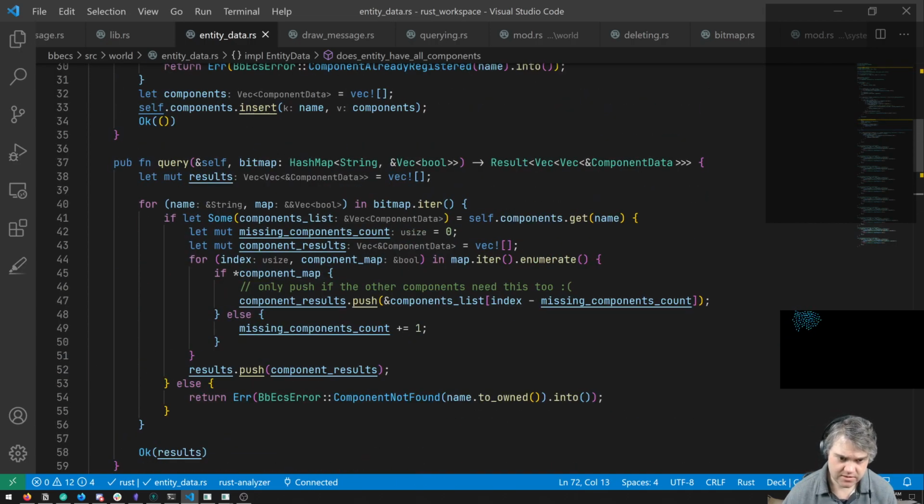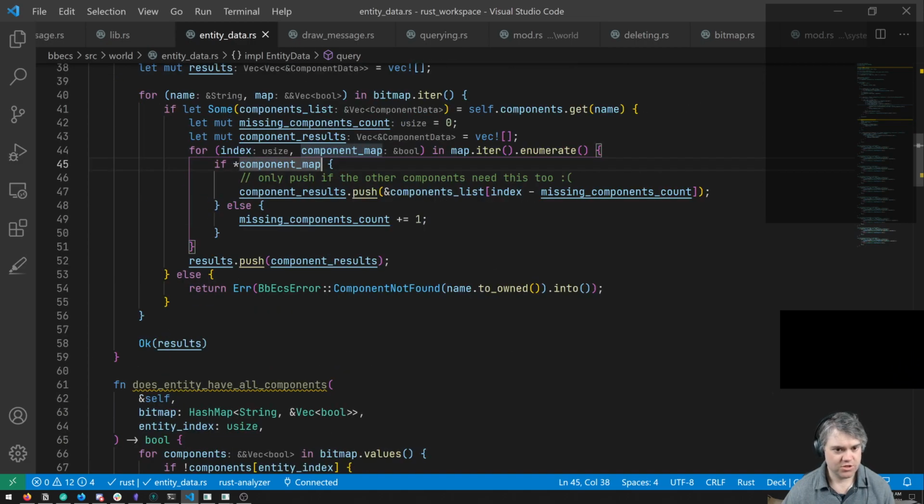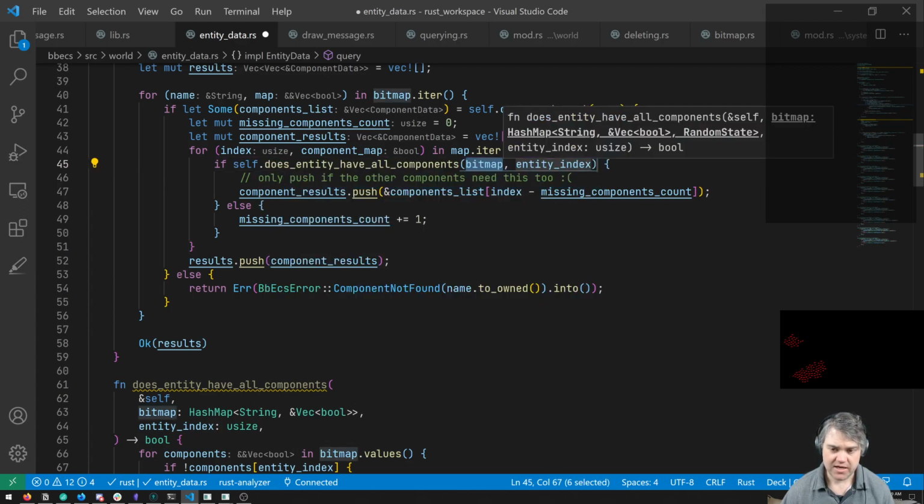Then in here, so if this component map, we have the index here. If you're true, so really, I want to do if self dot does any of all components. We have to pass in the bitmap. We may have to clone the bitmap.